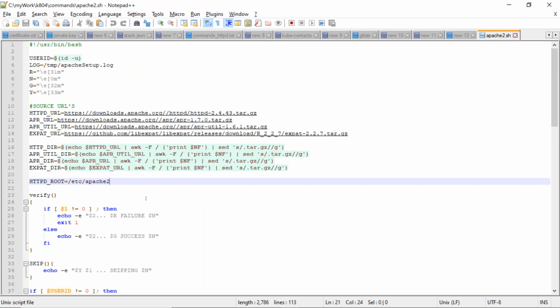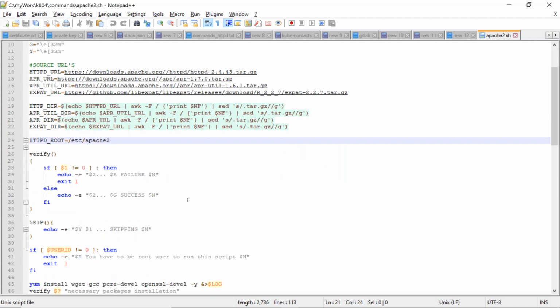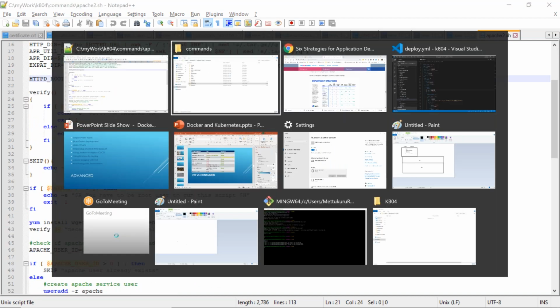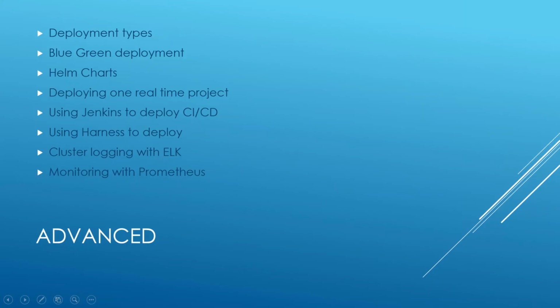I will give you one sample shell script also. That's not a problem, you can easily understand. I'm just placing the commands. Any programming or scripting will contain just if conditions, for loops, while loops, and functions. Only these concepts.